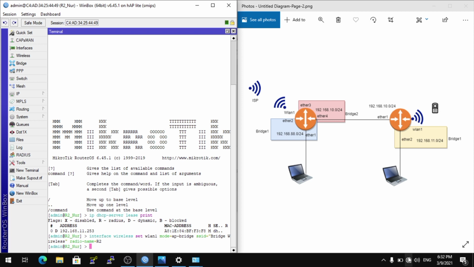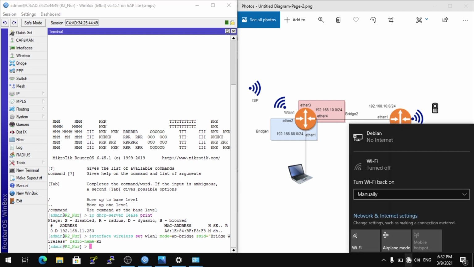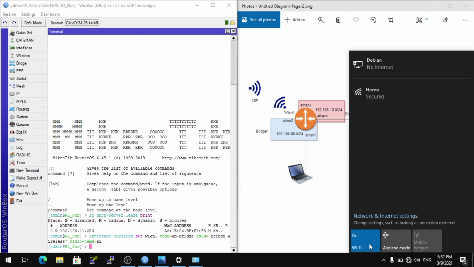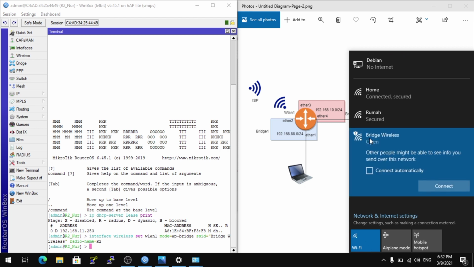And check the access point you created. This is success, created access point bridge wireless.